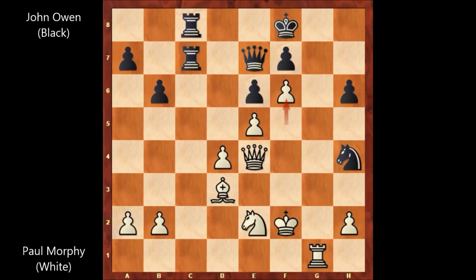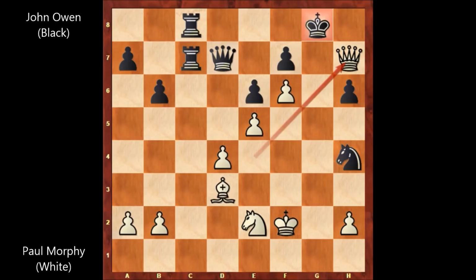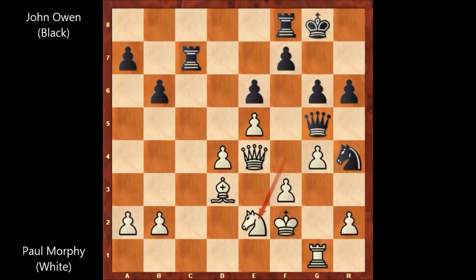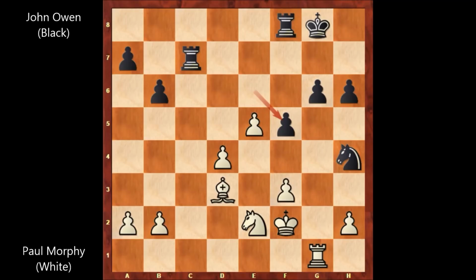If king to f8, then f6 attacking the queen, queen to d7, rook to g8. King takes rook, well, black is getting checkmated. Only if black panics and plays some very bad, inaccurate moves. So after knight to e2, we have f5 by John Owen, losing the composure and playing a horrible move. Well, Paul Morphy captures the pawn, g takes on f5, queen takes on f5, queen takes queen, e takes on f5, and here comes knight to f4 by Paul Morphy,